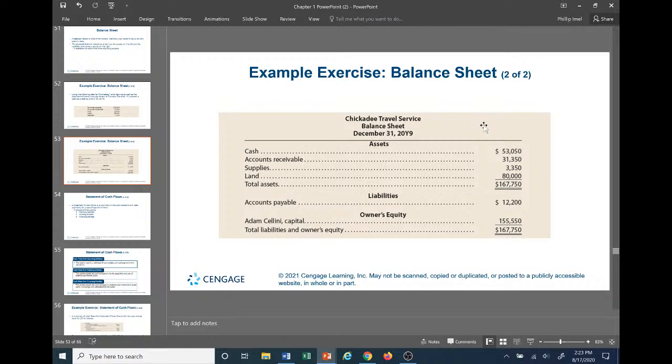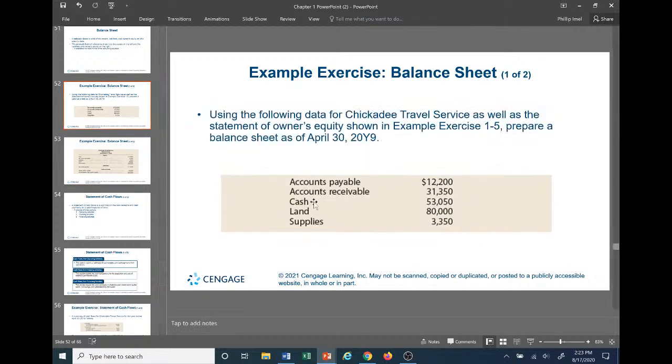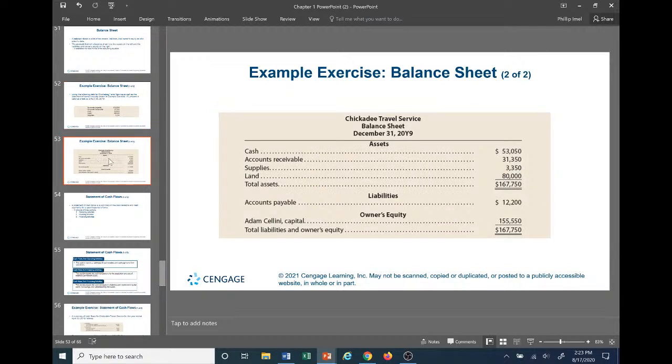So that's why I keep stressing the title here. Okay, let's start with assets. Remember that they're wanting us to build a balance sheet based upon this data here. So this is why we have to know the difference between assets and liabilities and equities. Remember, balance sheets are listed in the same order, assets on the left-hand side, liabilities and equities on the right, to resemble that of the accounting equation.